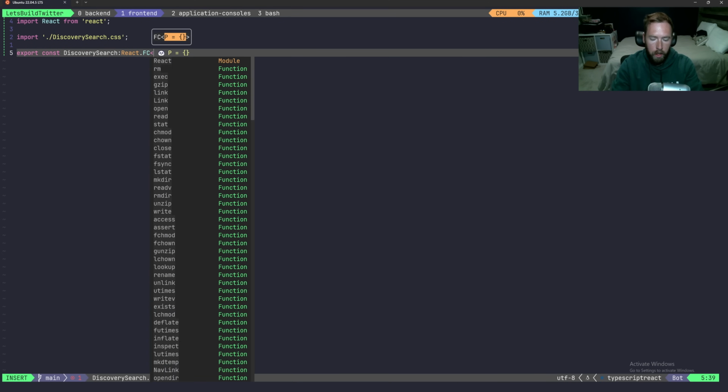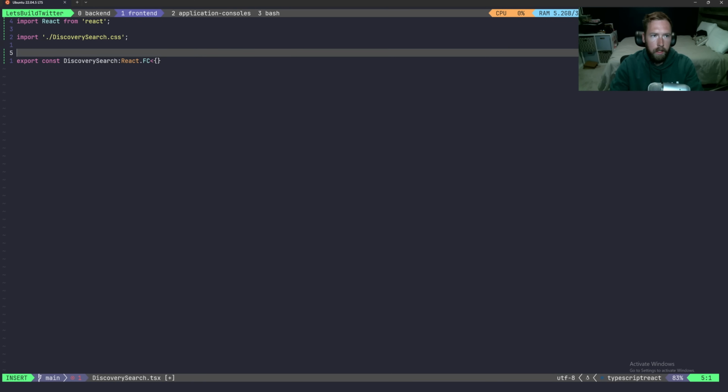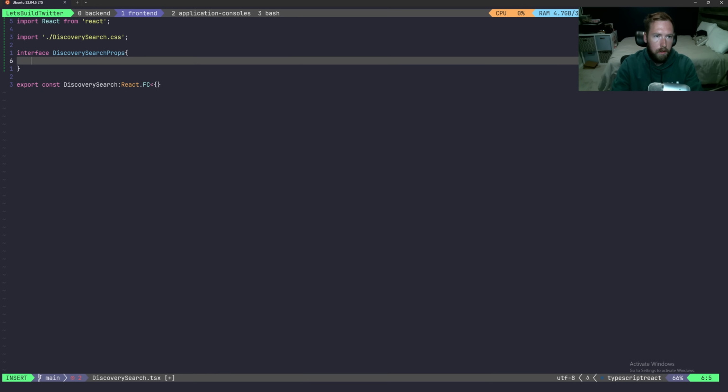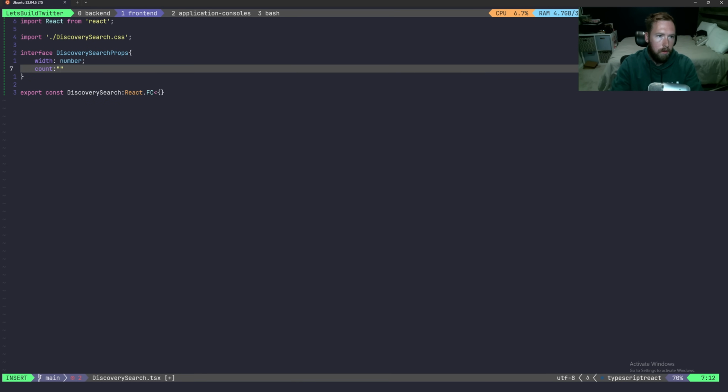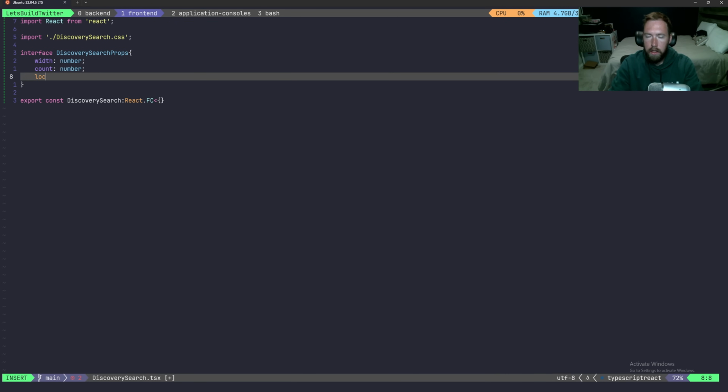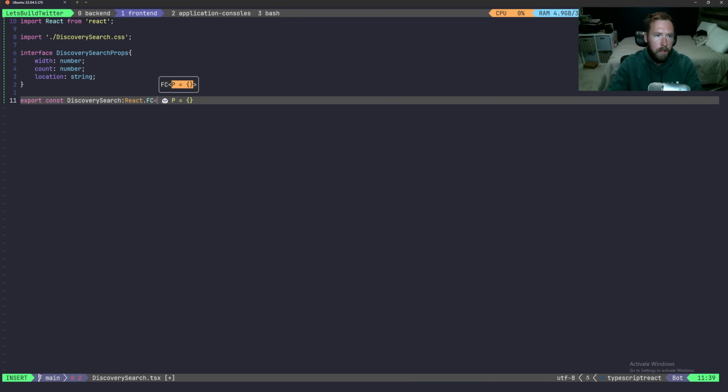And this is going to take in some props. Probably could have made this an interface. Now that I think about it, I'm going to say interface because it has a few properties. DiscoverySearchProps. And this is going to take in a width number. It's going to take in a count number, and it's going to take in a location string. Okay, and then I'm just going to pass that in instead. So a slight deviation here, but it is what it is. DiscoverySearchProps,